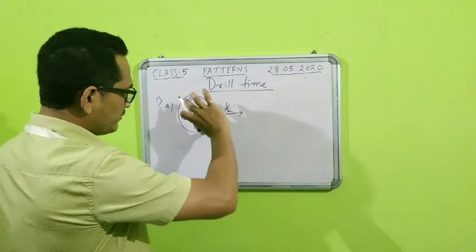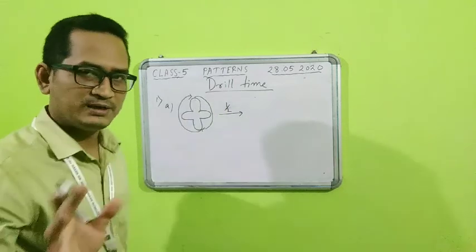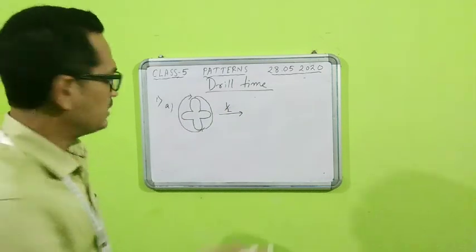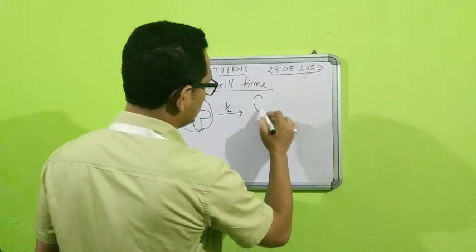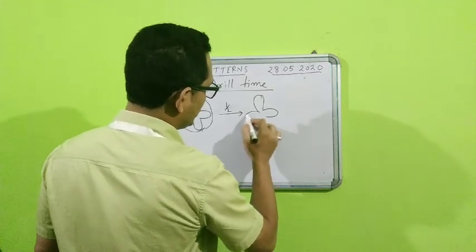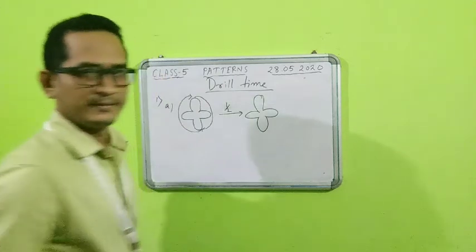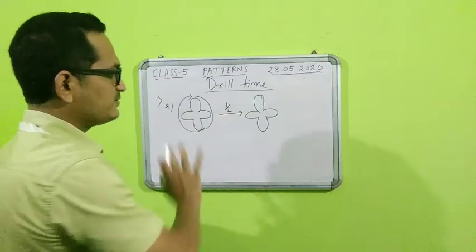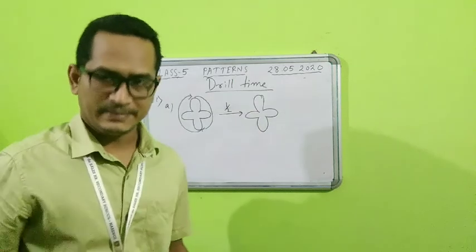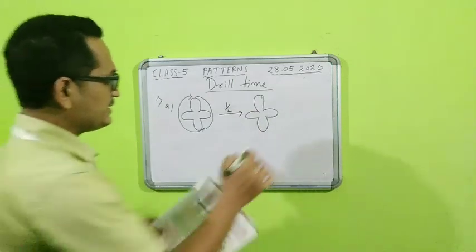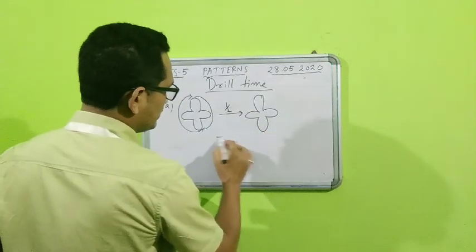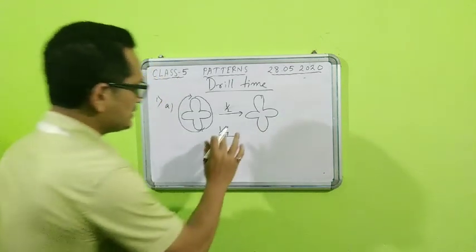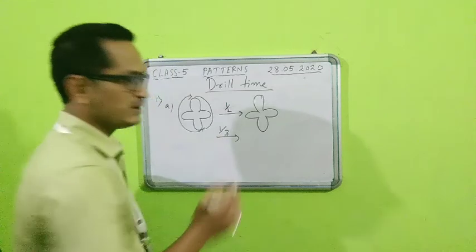So if you rotate in this way, students, do you think the figure will be changed, or will it look something different after rotation? No students, it will look exactly the same as it was in the beginning, because the figure is like that only. If you rotate it in half turn also, it will look the same. Similarly, now if I rotate it in 1/3 turn,